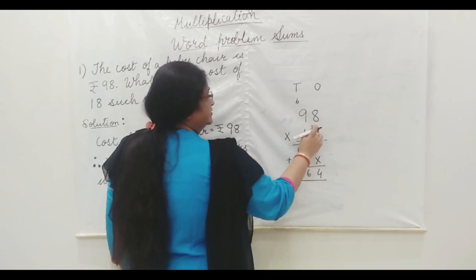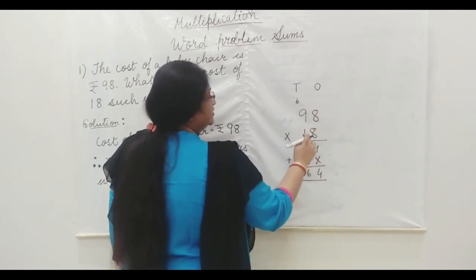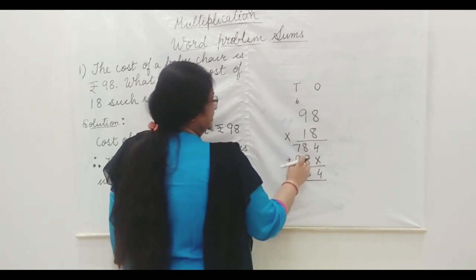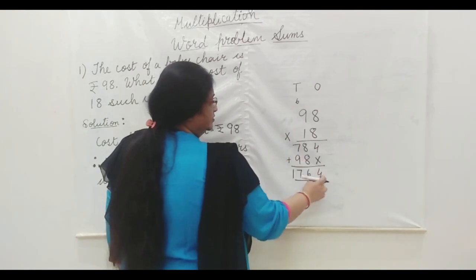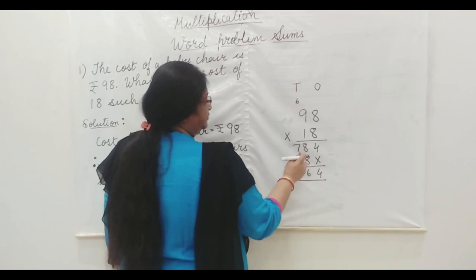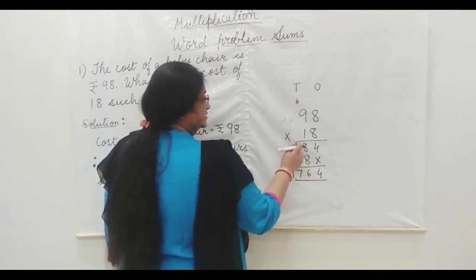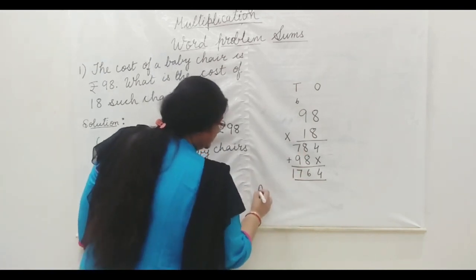Now 1, since 1 is over, I put a cross over here. This line is over. Now the next line, 1 8 is 8, 1 9 is 9. Now we will add it. 4 here, 8 plus 8 is 16, 6 and 1 carry. Then 9, 10, then plus 6, that is 16, then 1, 17. Total is 17. So what is the answer?